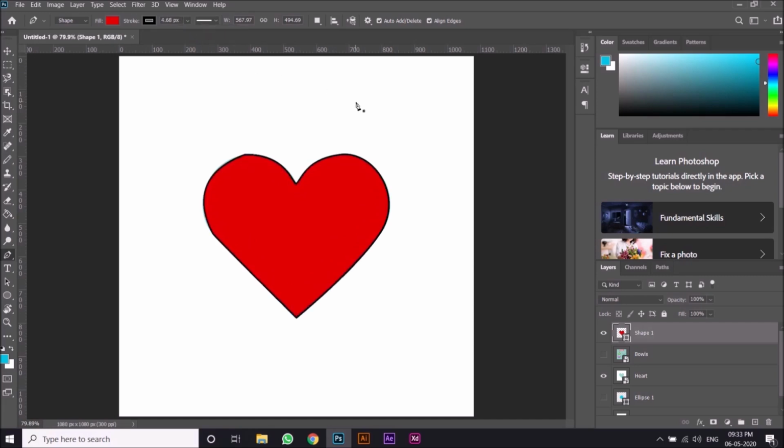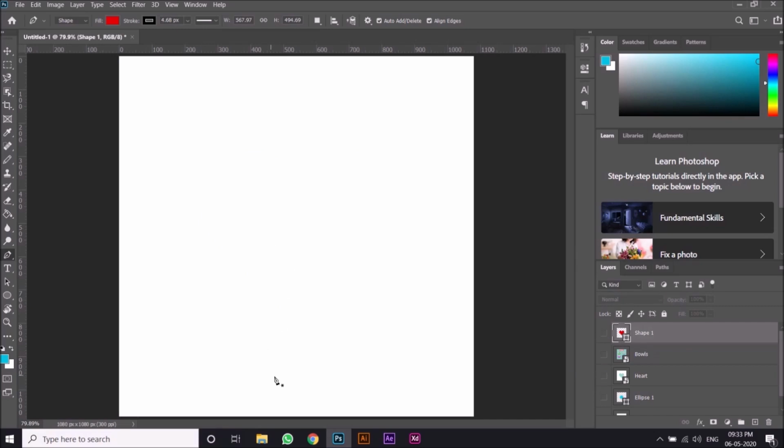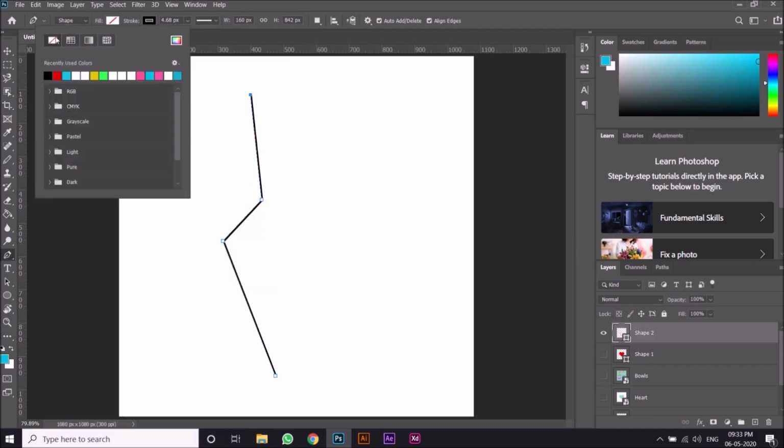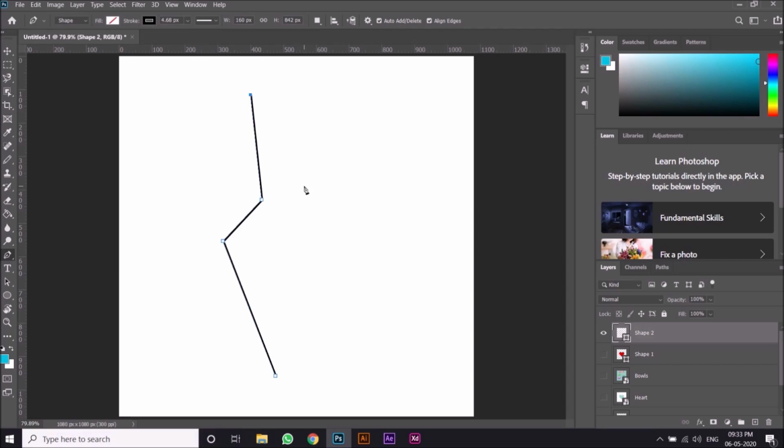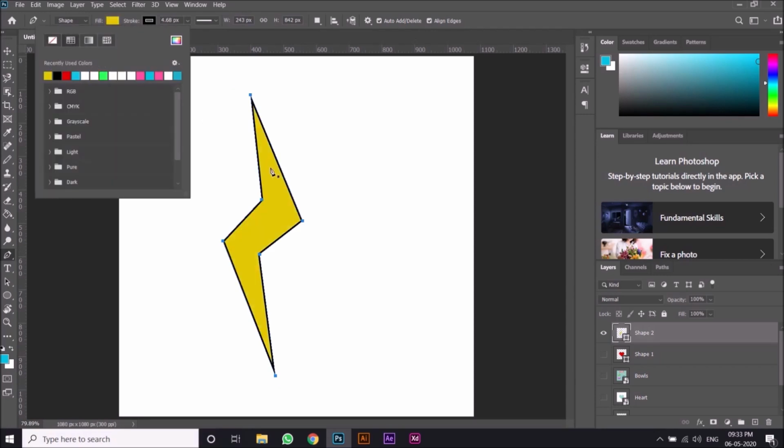Apart from making shapes or curves or paths using the pen tool, we can even make selections. Before I tell you that, let me just make the shape of a thunder using the pen tool. Let me get rid of the shapes. I'll just click here, right here. Just simple, just for my idea, I'll unfill it, and then here and here. Now let me fill it with yellow color, and here we go.